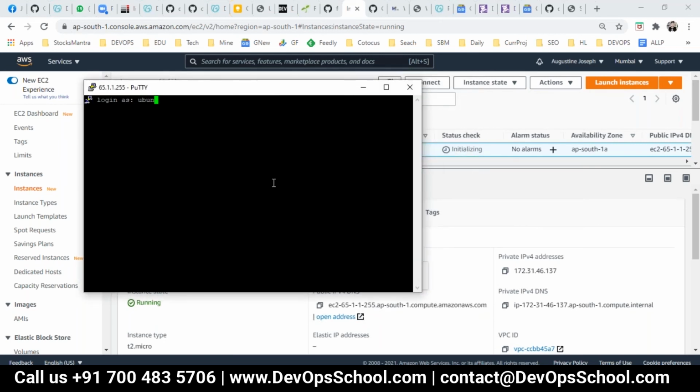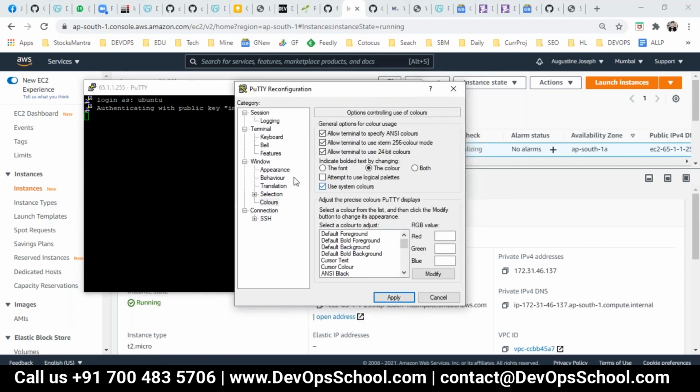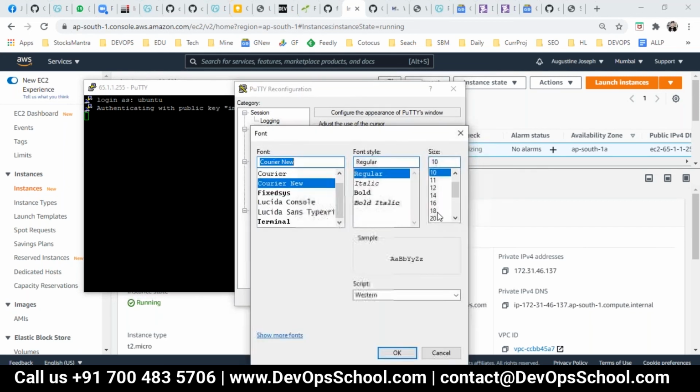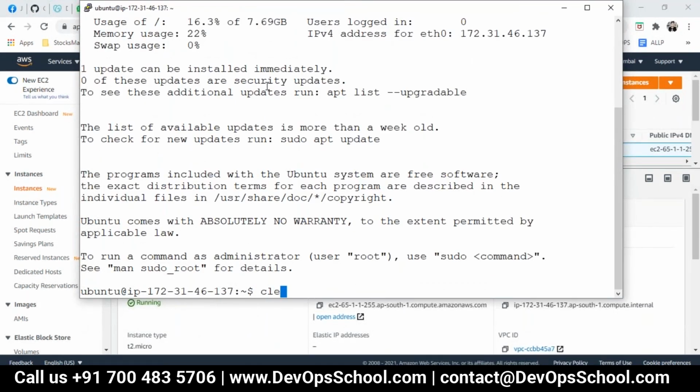So I'll just type Ubuntu, key I have given, and I have logged in. And for a better view, I will show you in a good view. So guys, this is the machine for the demo.